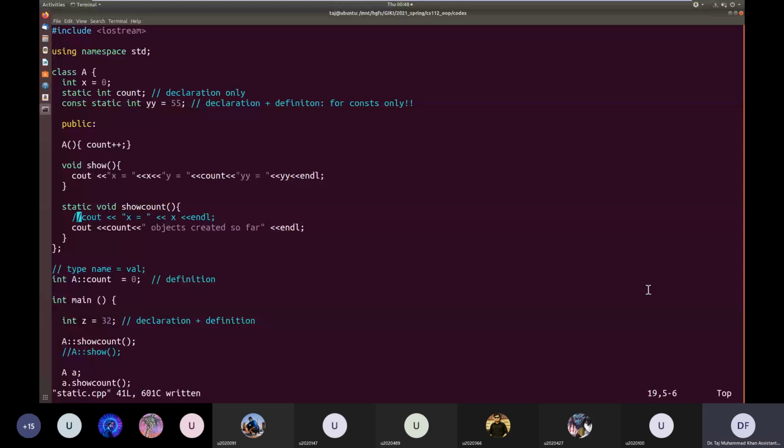This static member function has no idea which object's x I am talking about. Therefore, it doesn't make sense to allow static member functions to access normal non-static member variables. Does it make sense?